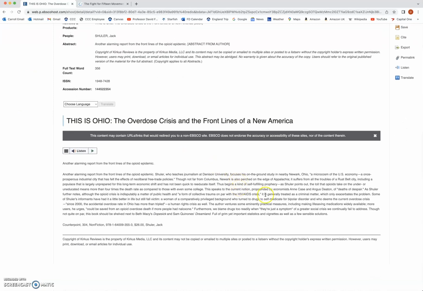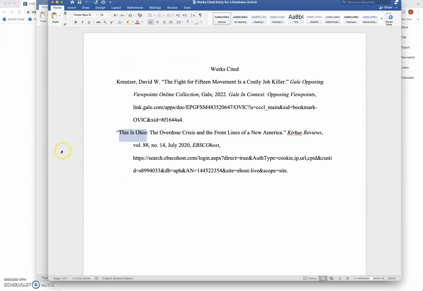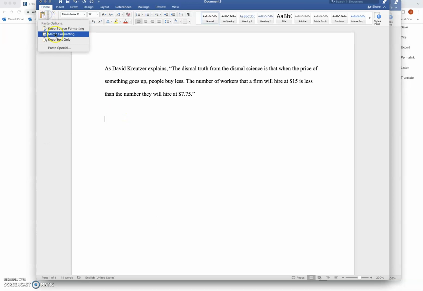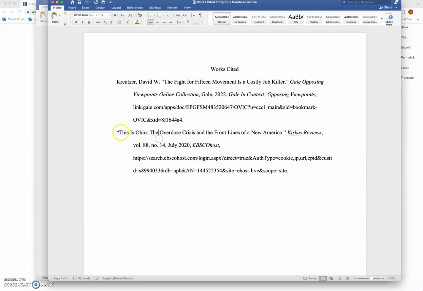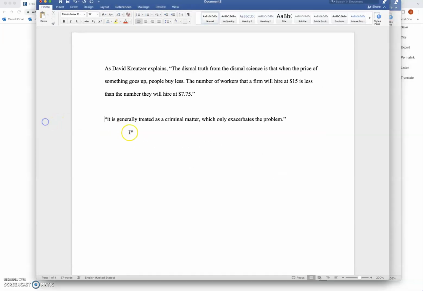So I'm just going to pick something here. This is sort of a quote that looks good to me, and I'm going to put that inside my essay. And of course, this is a direct quote, so I'll put quote marks around it. So what I could do is put the title in the signal phrase, and if it's a main title or subtitle, I could just use the first part. So I could say,